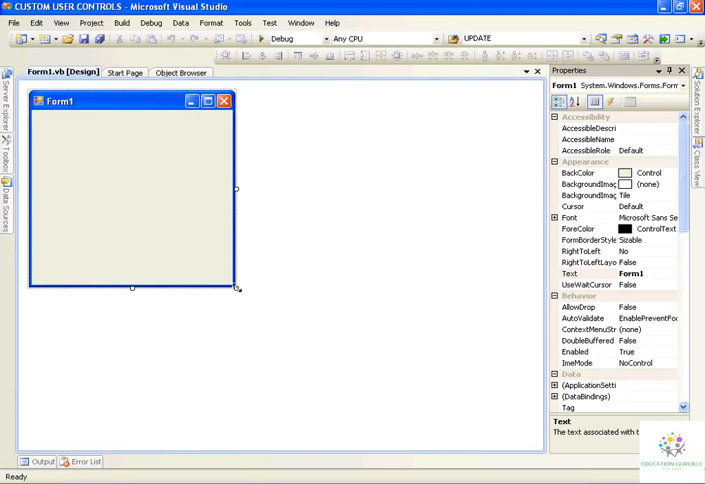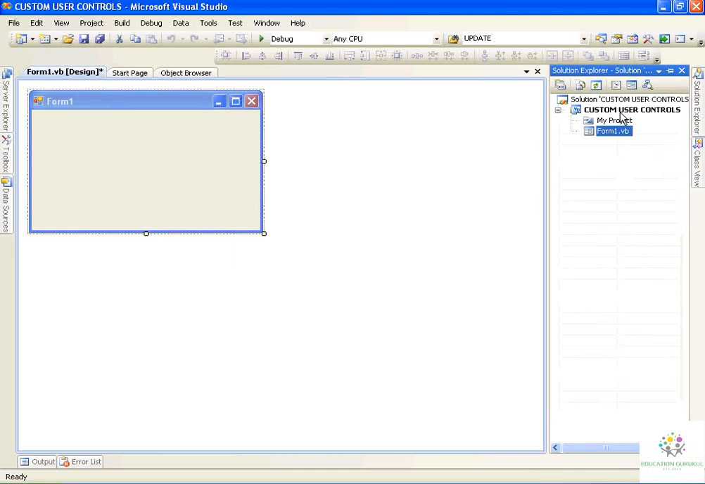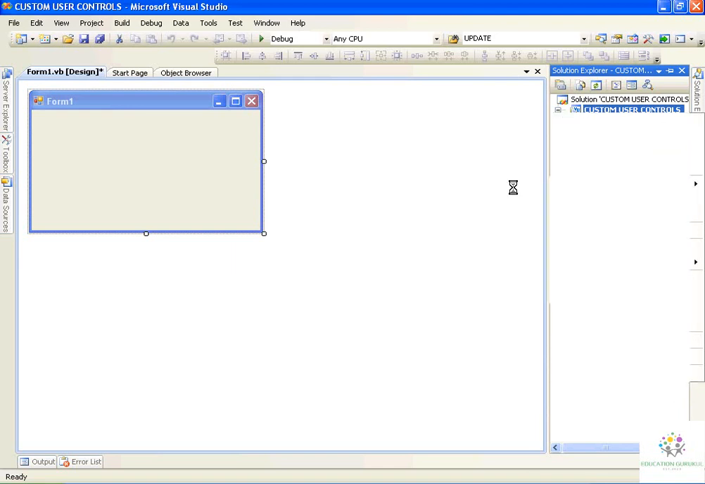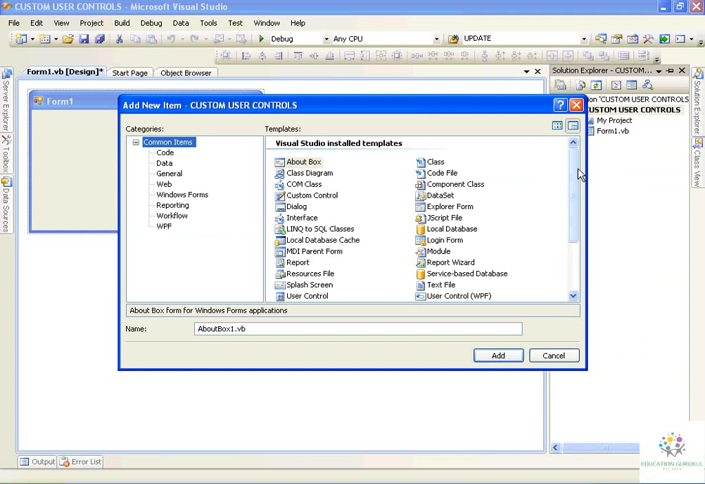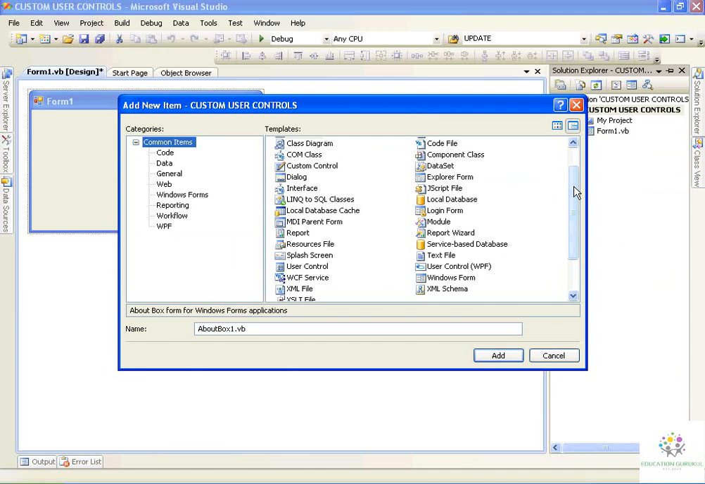So this is the form. Now I just want a new control to be added. Let's add an item. I just want a control to modify. So I just want a user control. Let's add a user control. Let's give it a name: custom